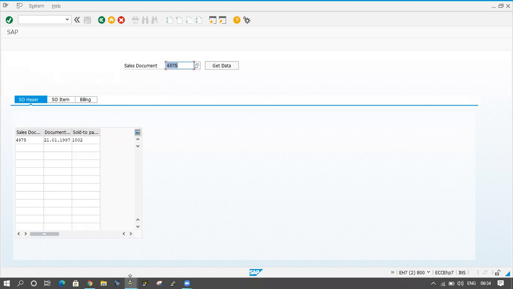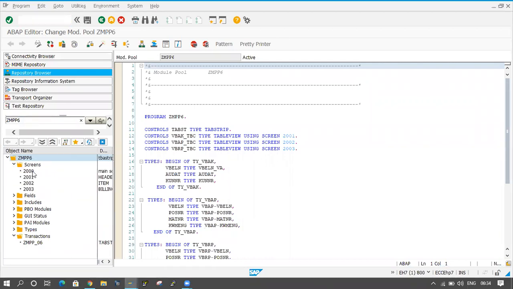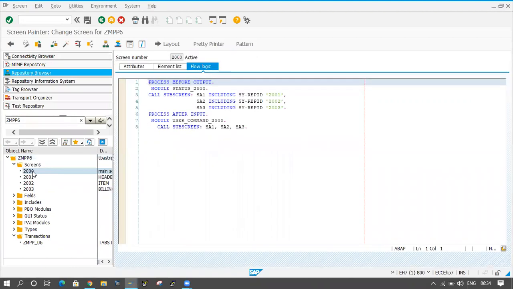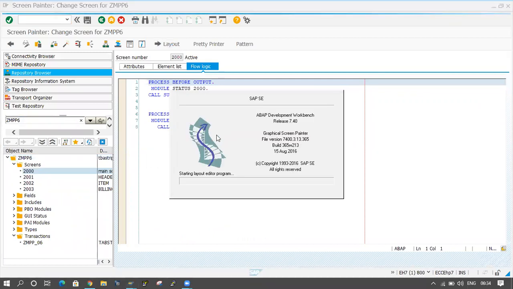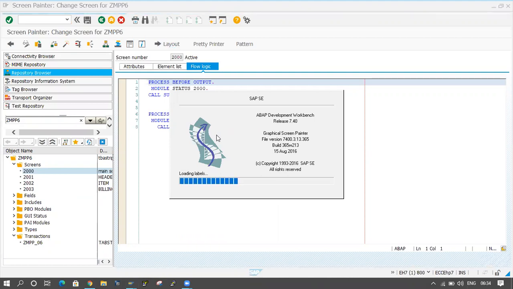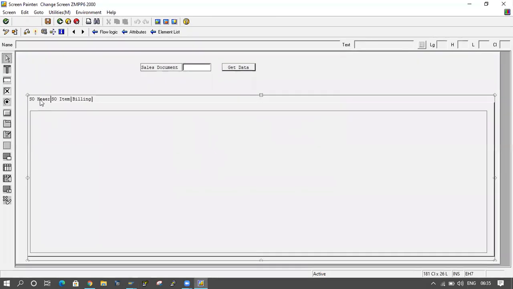So the problem is, here the SO header is there, right?